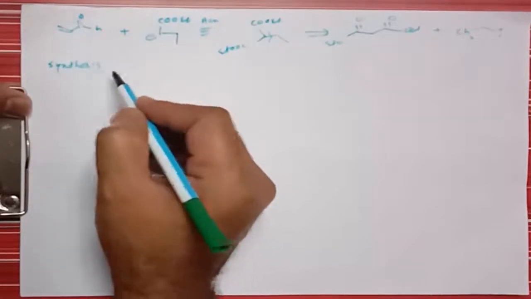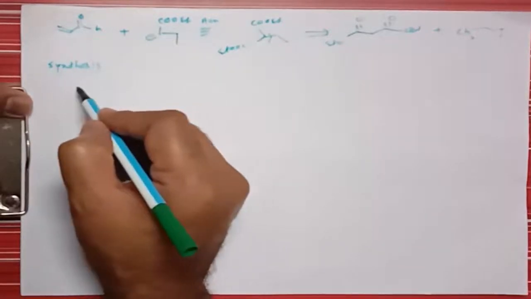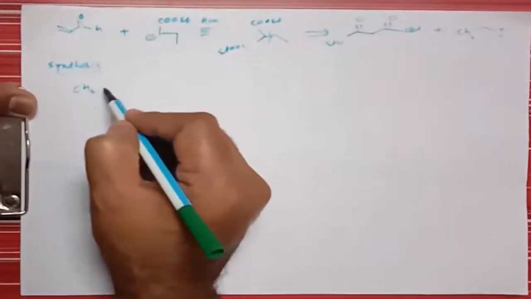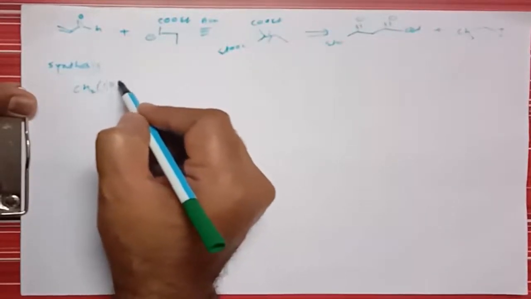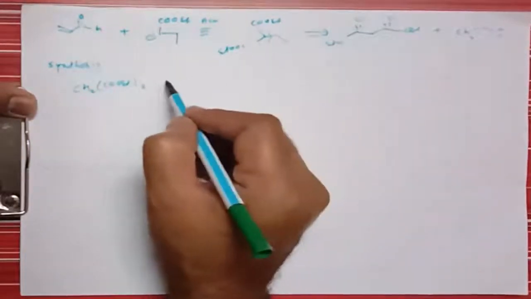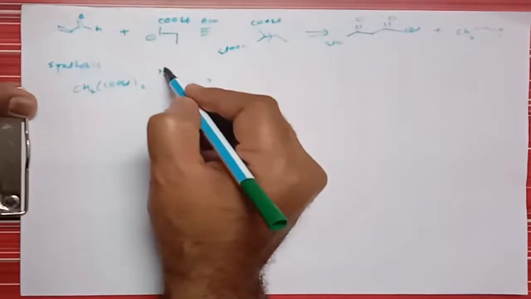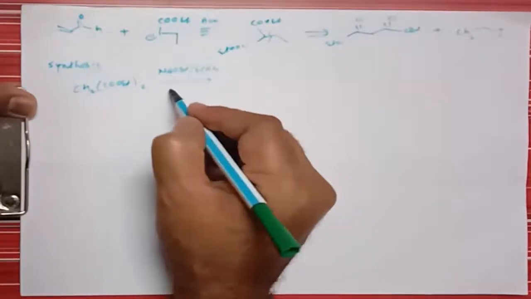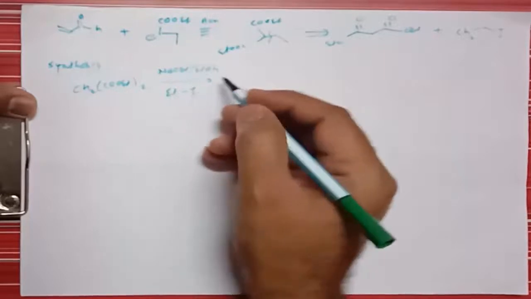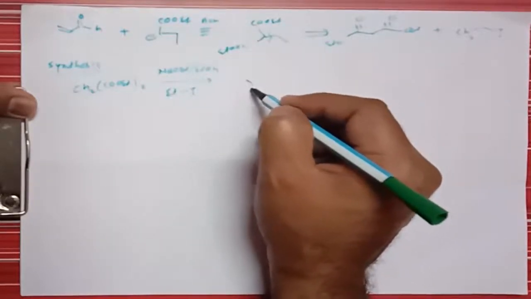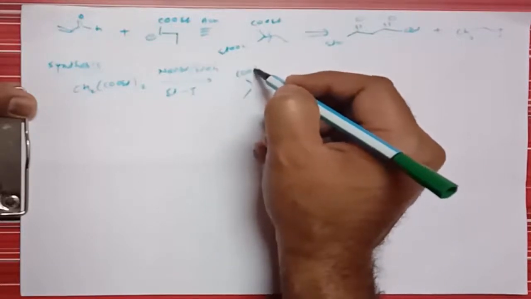In the synthesis, we can take this CH2, then COOEt. This molecule we can treat with a base, that is sodium ethoxide in the presence of ethanol, and we can treat this molecule with ethyl iodide. So what does it give? It gives this molecule, that is COOEt,